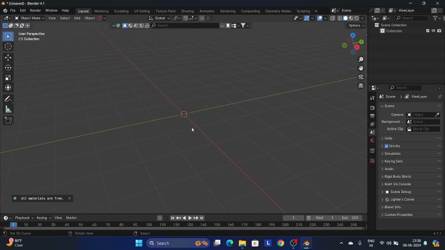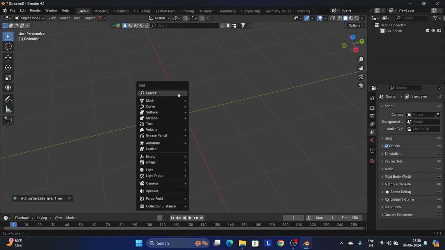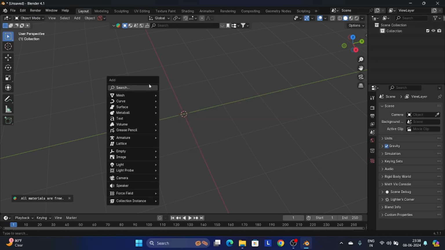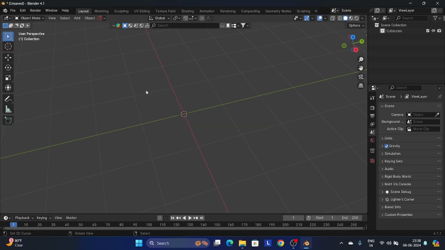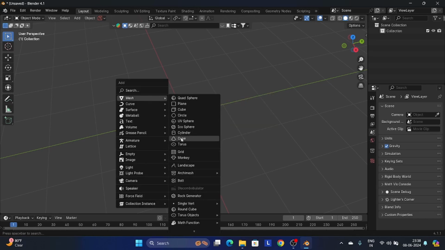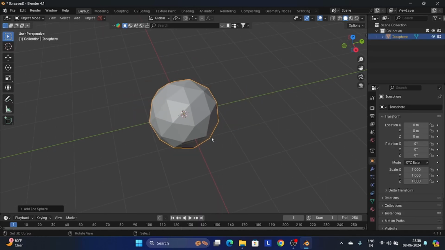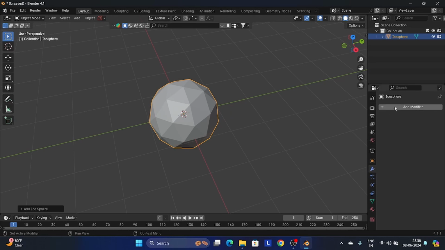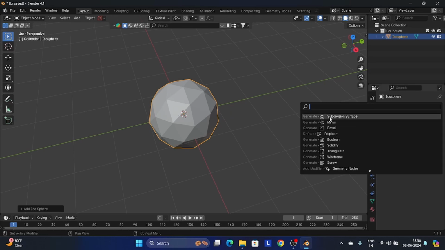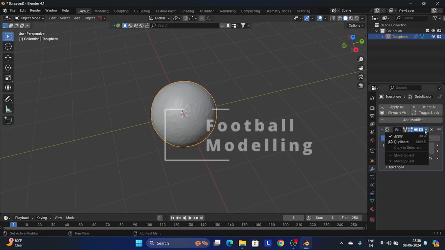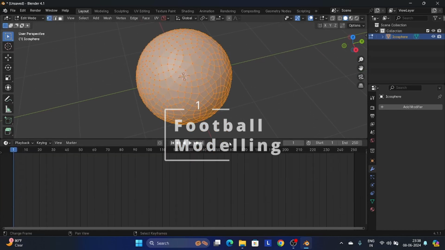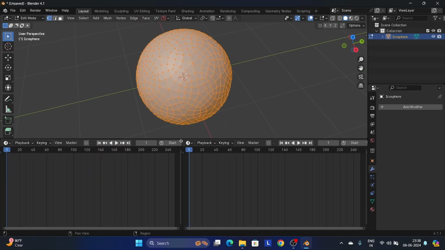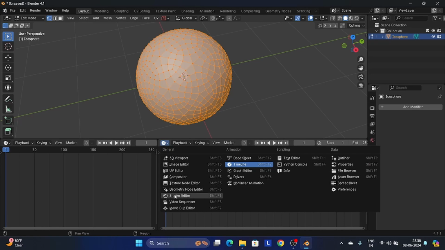So first we need to make a football. What I'm going to do is simply add a mesh. You can search here for icosphere if you want, or go to Mesh and then Icosphere. Easy peasy lemon squeezy. Go into the modifier section, search for subdivision surface, make it at least 2, apply it, and now what we are going to do is go here,